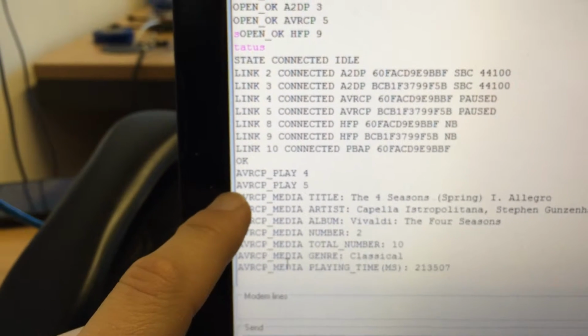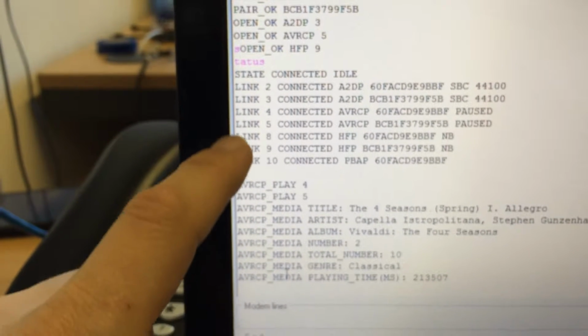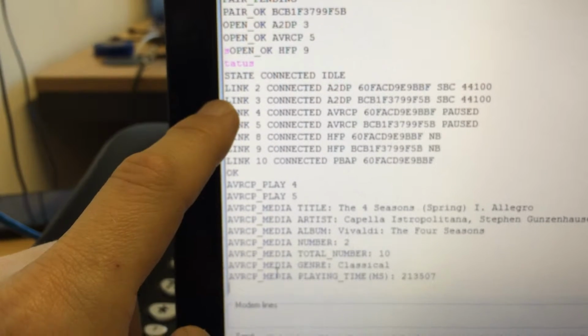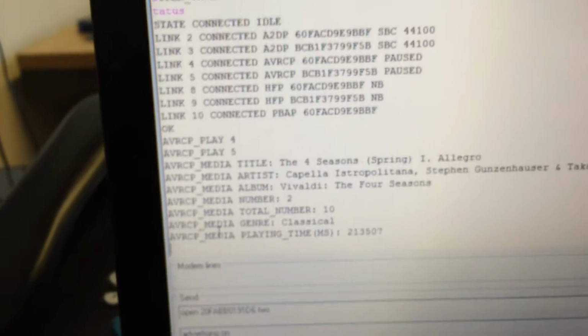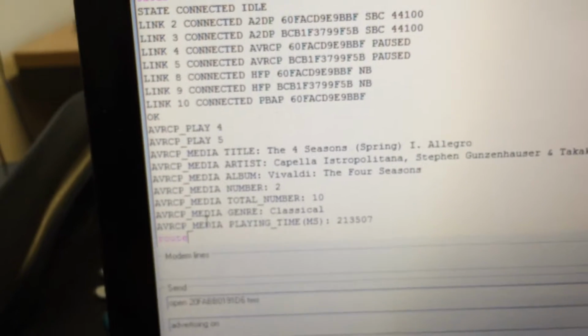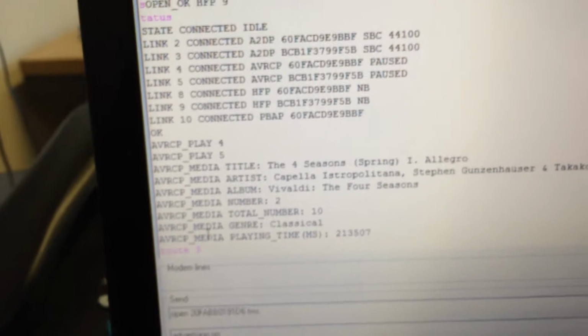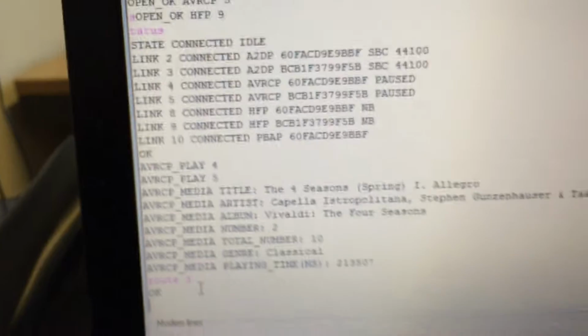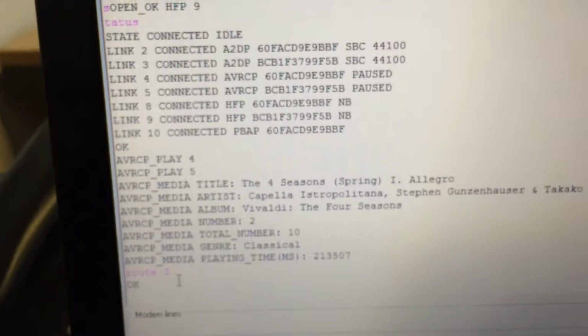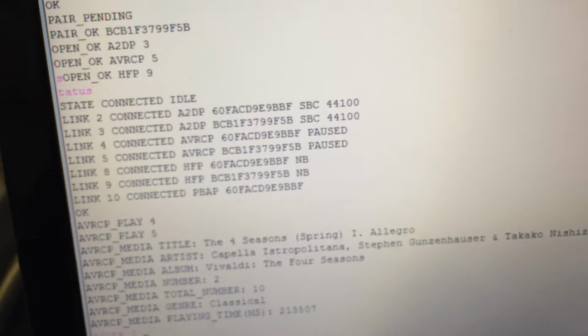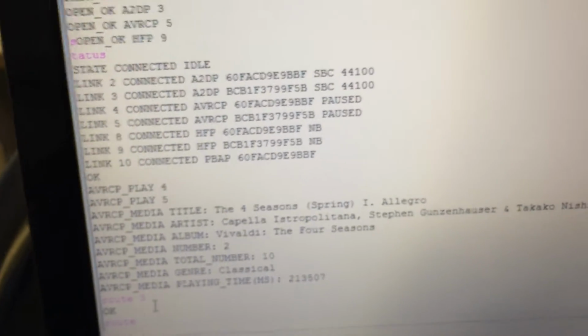If I want to switch to the Android phone, I will just route it to link number 3, which is the Android phone. So let me just type route 3, and as you can see, I've switched. Let me put the volume up. I've switched to this one, and if I want to switch back to the other one, I put the route